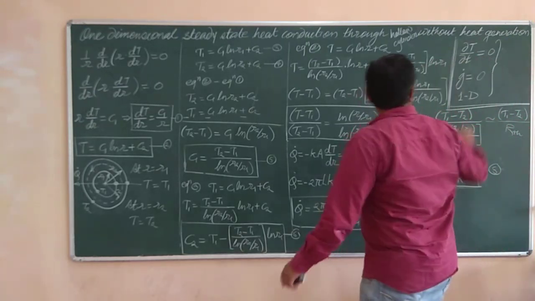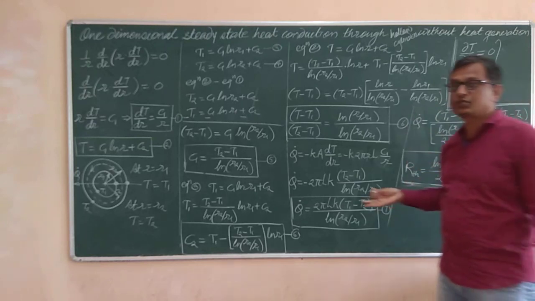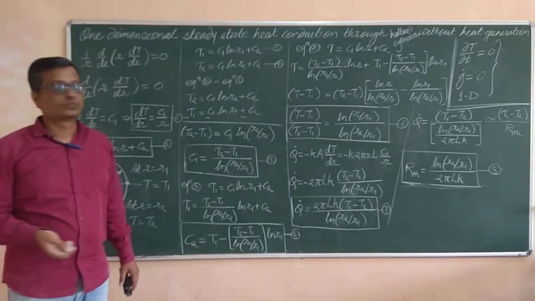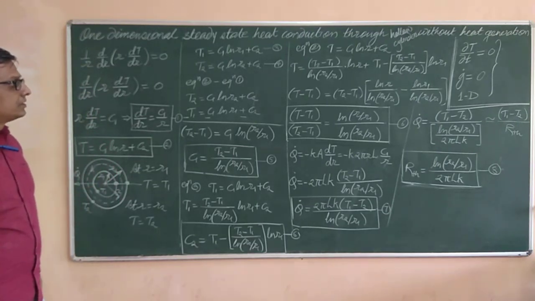If we consider the temperature variation with respect to time, and G dot, and the second and third directions also, then the entire expression will be much more complicated. This is a very simple form, right?